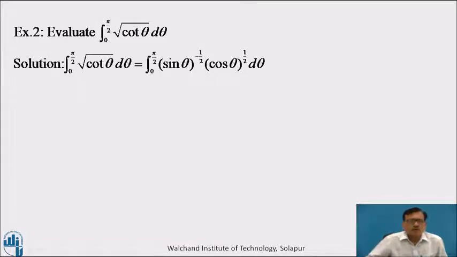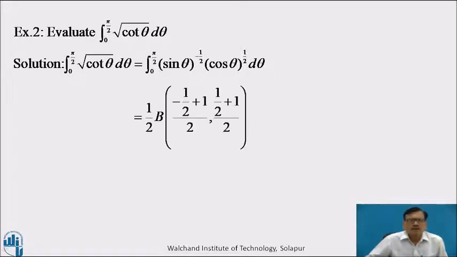Now we will solve one more example. Evaluate integration from 0 to pi by 2 square root of cot theta d theta. Now we can write the given integral as integration from 0 to pi by 2 square root of cot theta d theta. We know cot theta is cos theta upon sin theta, that is square root of cos theta upon square root of sin theta, which we can write as integration from 0 to pi by 2 sin raised to minus 1 by 2 theta into cos raised to 1 by 2 theta